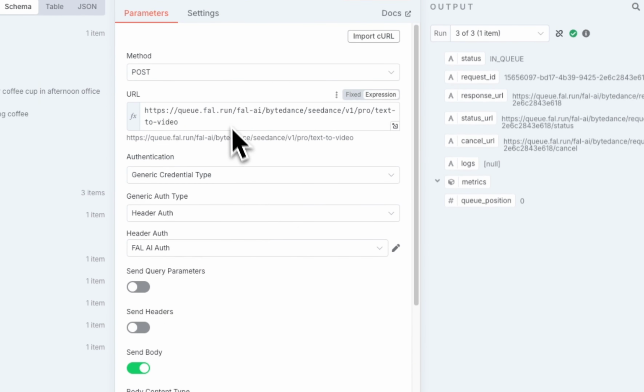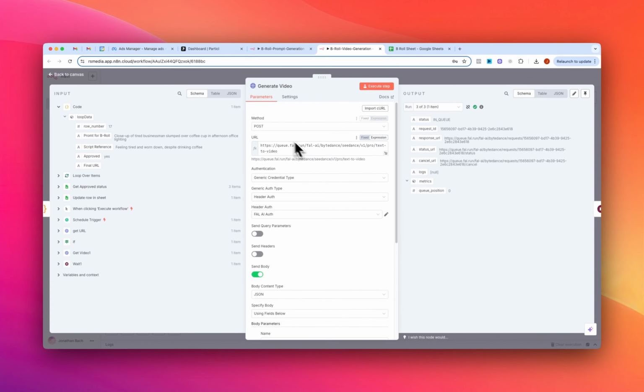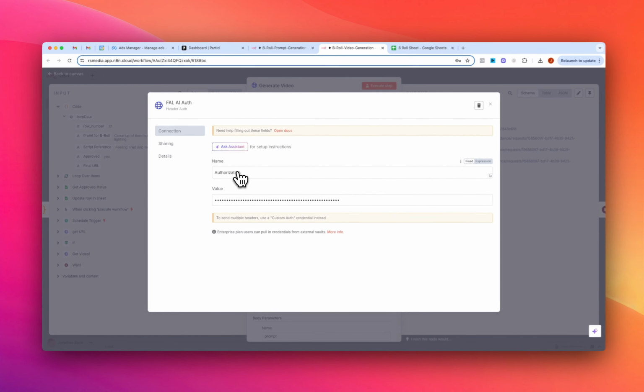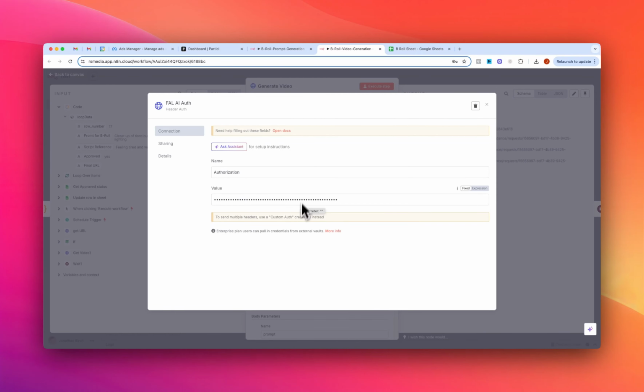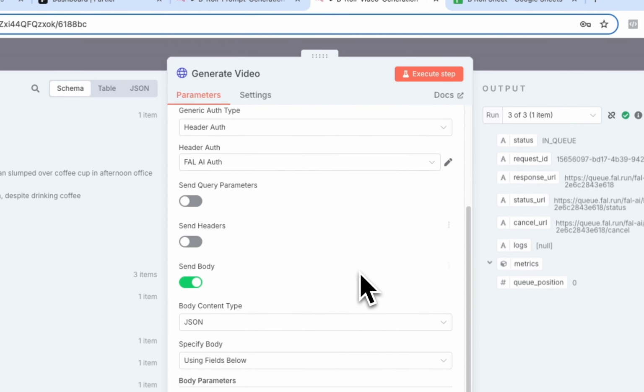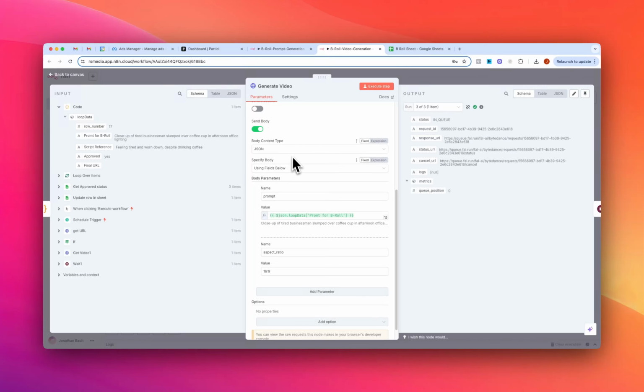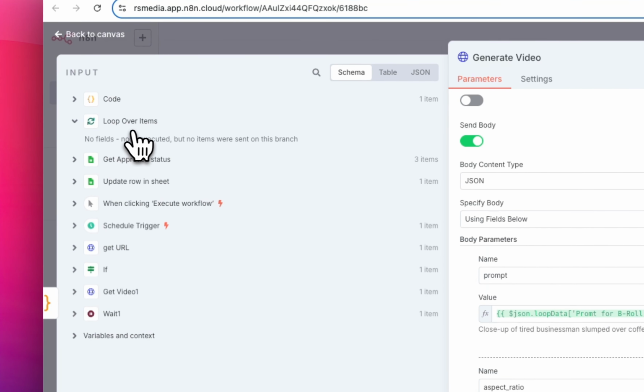So here we just use an HTTP request node. You will just have to set up your credentials with FAL. I'll walk you through it, but you basically just need to have authorization name, and then you just add in your API keys right here. Everything here will be taken care of for you, but you basically just send body as JSON, and then you have the field name prompt, and then you just pull in the prompt from the loop over items node, which is,